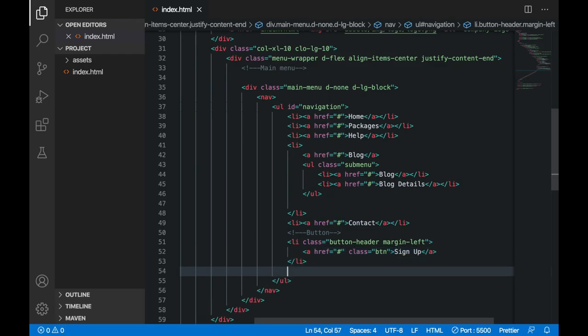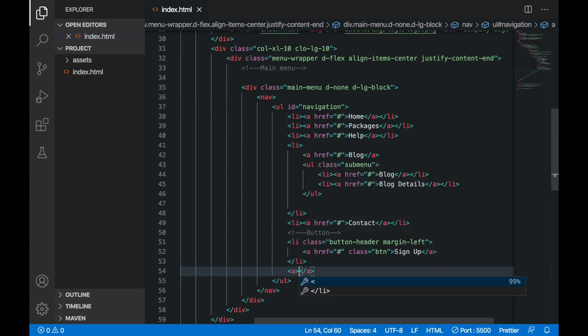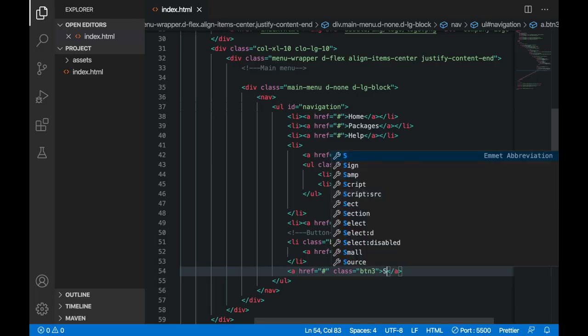And after this list item, the second one you have to create is sign in. So here I will write again this a, and I will specify this href attribute here, and then I'm just going to give this a class of button 3, because I want different styles for this, so I have made this class previously.